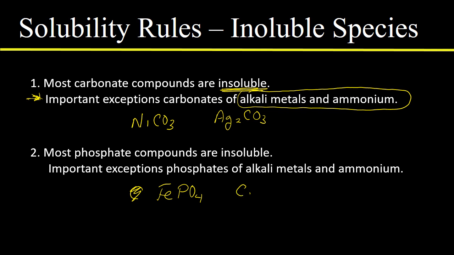Let's do calcium phosphate. Calcium has a 2+ charge. Phosphate has a 3- charge. So you have to have 2 phosphates and 3 calciums to balance it out. Calcium phosphate, that's insoluble. Okay, so most phosphates tend to be insoluble, again, except for alkali metals and ammonium, and